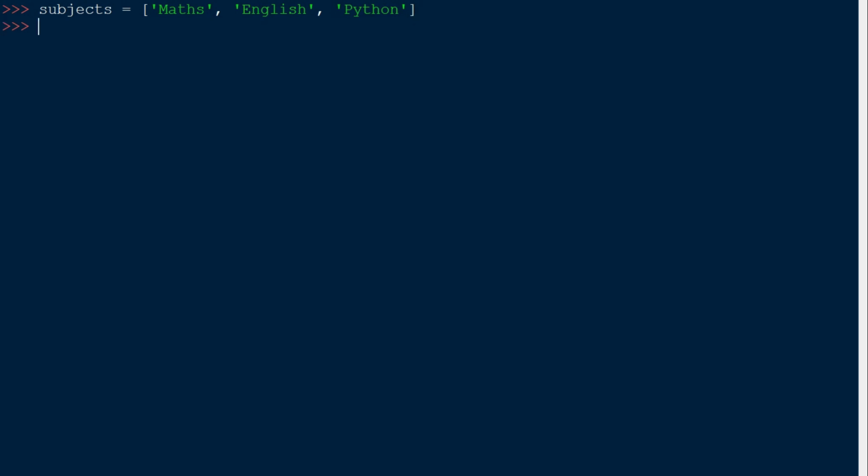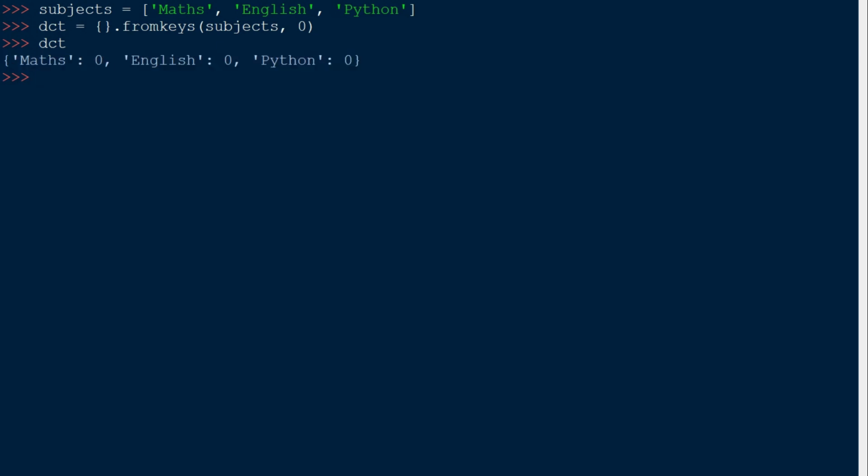We can simply do that by typing, let's say, dct again. Dct is equal to open close square brackets, and after those square brackets we need to type dot, and we need to type fromkeys, open close round brackets, and then within those brackets we need to pass in the list, which is subjects, and we need to pass in the default value. Let's say we are creating a list of marks, so initially the marks will be 0. After a while they will be updated to the latest marks. So let me just type in 0 over here and press enter. Now if I type dct and press enter, you can see that we have a dictionary over here.